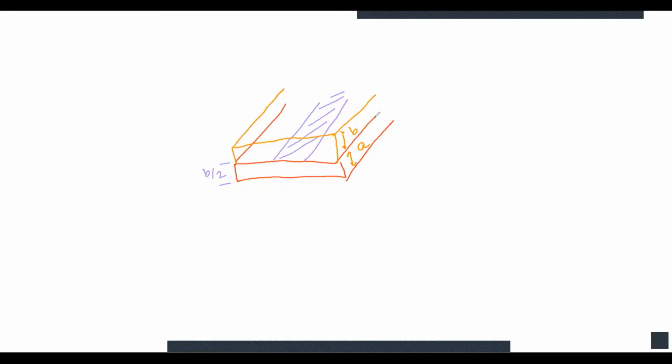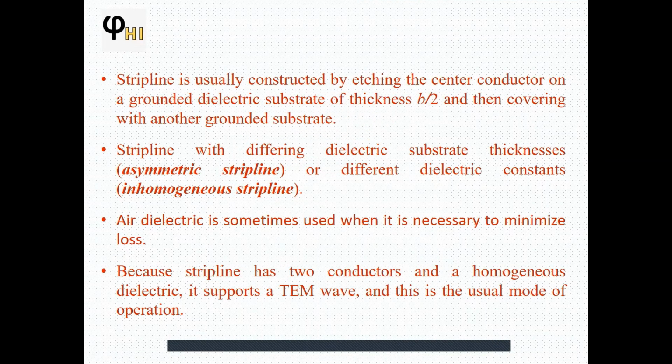Similarly, if the heights are the same, that is b by 2 and b by 2, but the dielectric constants are different, let us suppose epsilon 1 is the dielectric constant of the upper half substrate and epsilon 2 is the dielectric constant of the lower half substrate, that is called the inhomogeneous strip line. We can also use air as a dielectric material, and we use air when we require minimum losses.